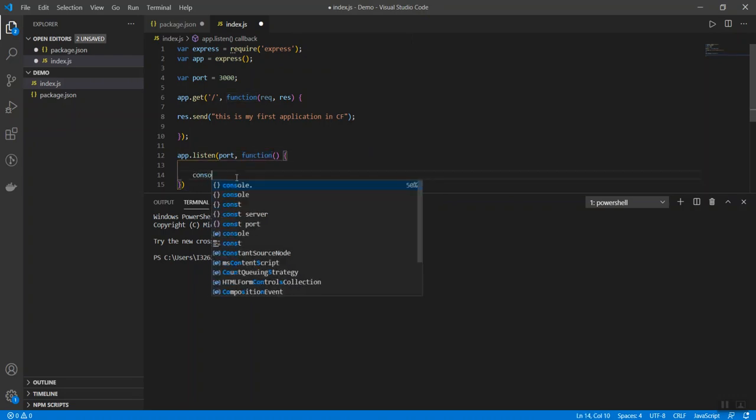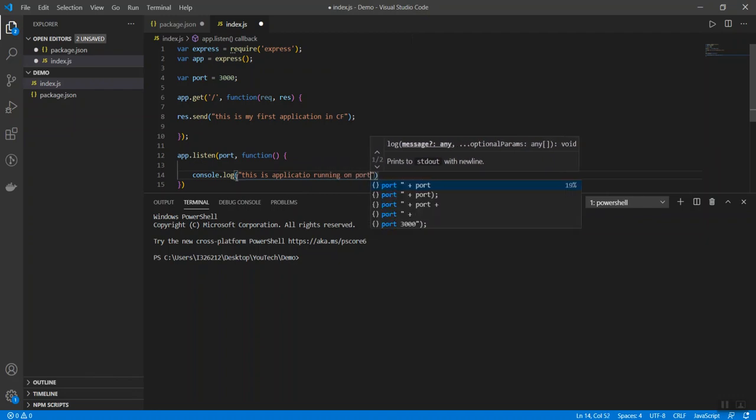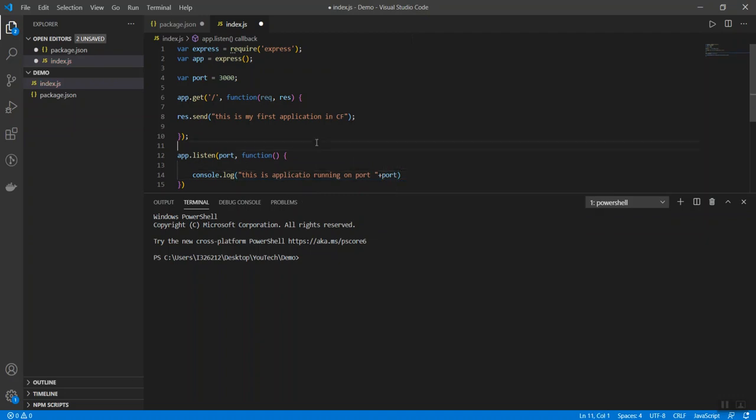I can simply console log a message whenever this application starts, saying this application is running on port, and you can give the port number as well if you want, and you can display the URL also. So that's it, a very simple thing.